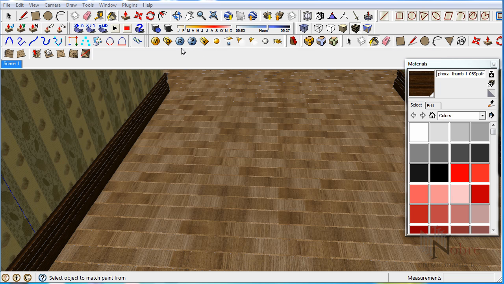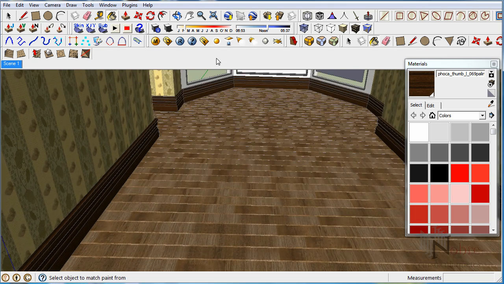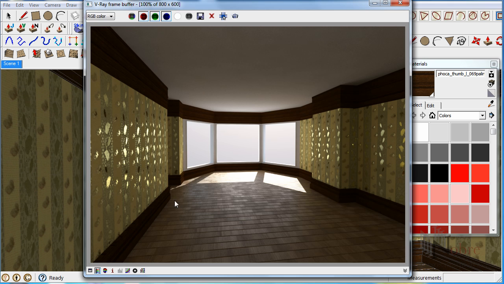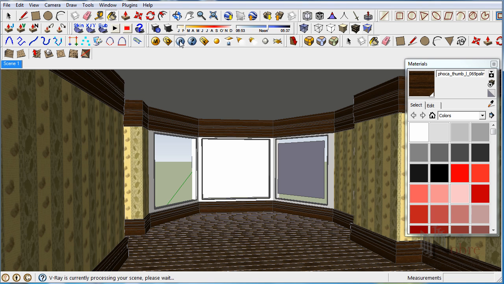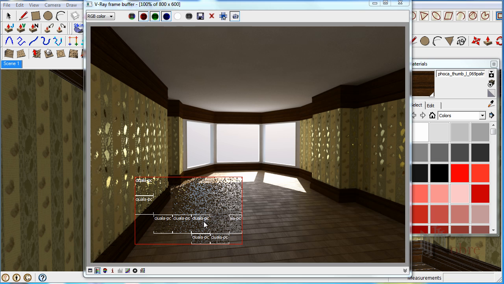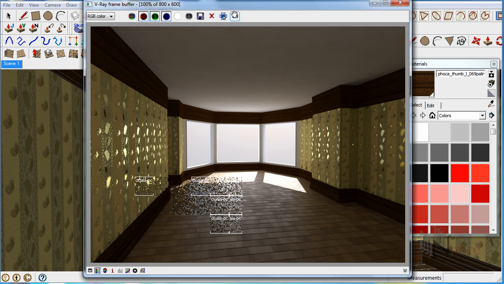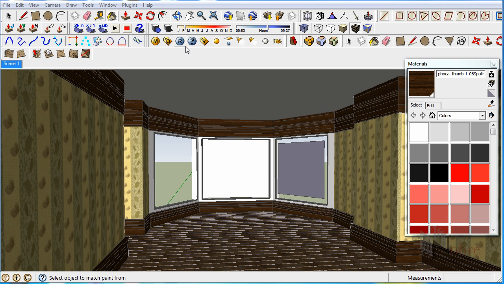Let's make one quick render here, but I don't want to render the entire scene. I just want to render a little part of it, so I will choose the render region, and I'd like to see a little bit of my floor, and then render it. Probably it won't affect the things that I've changed, so I will turn it off and cancel my render and render the entire scene. But